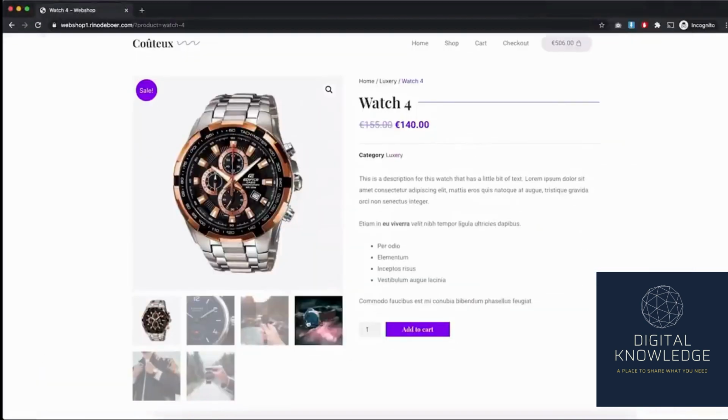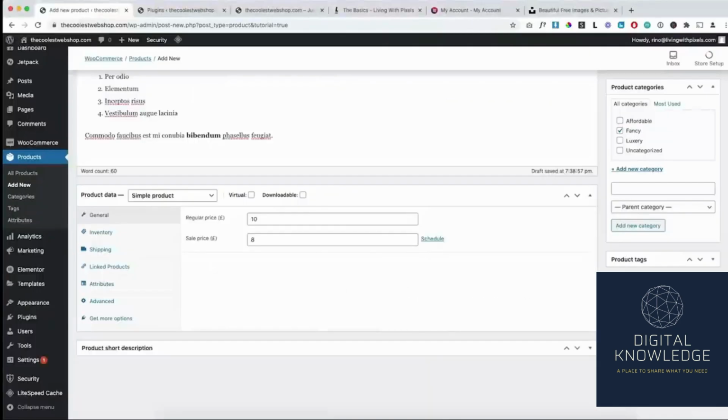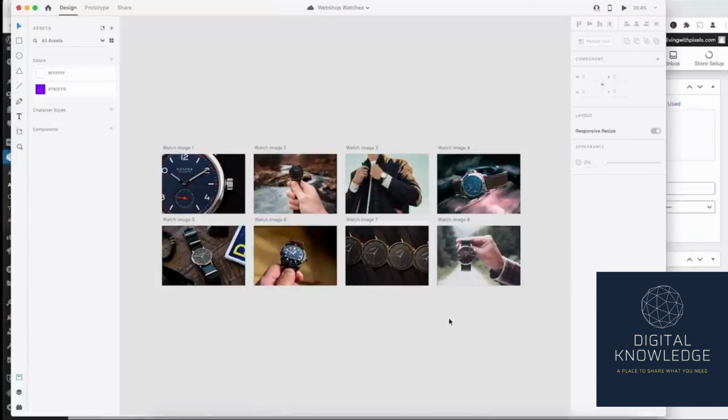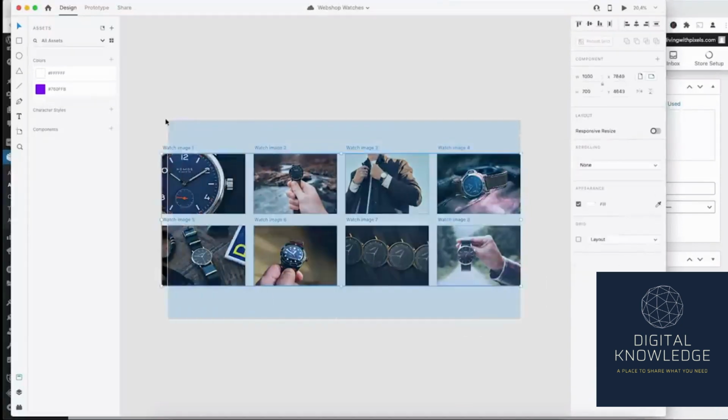And also for the images over here in the carousel, which you can set up under here. Oh, sorry, it's called gallery. I've set those up in Adobe XD. Again, it doesn't really matter what kind of tool you use to edit your pictures, but it's much better to prepare your images and prepare all the artboards before you dump everything into WooCommerce. I know that you just want to upload all of the pictures that you have, but you want to keep your website fast. So take a little bit of time to create a few artboards like this in a tool like Adobe XD, Lightroom, Photoshop, or whatever, to make sure that all of the images are the same size, because